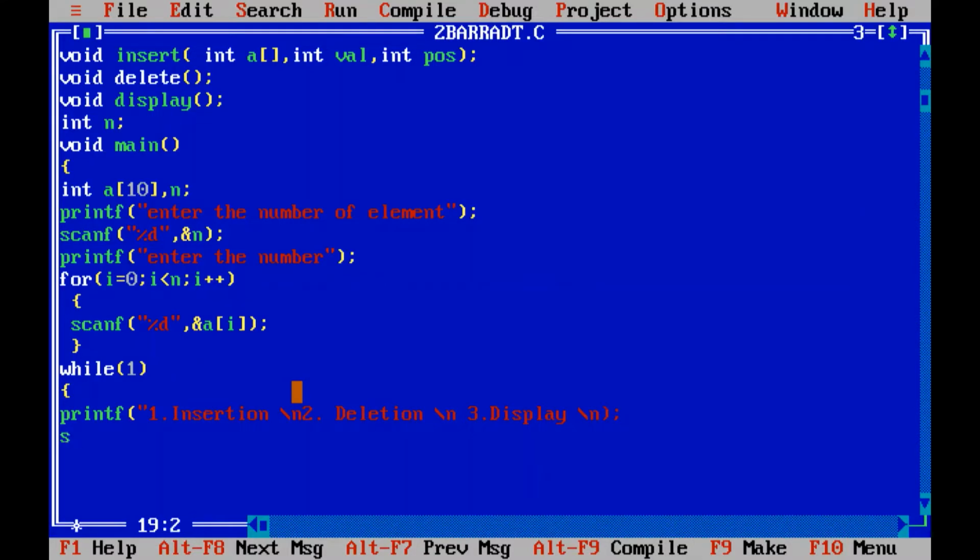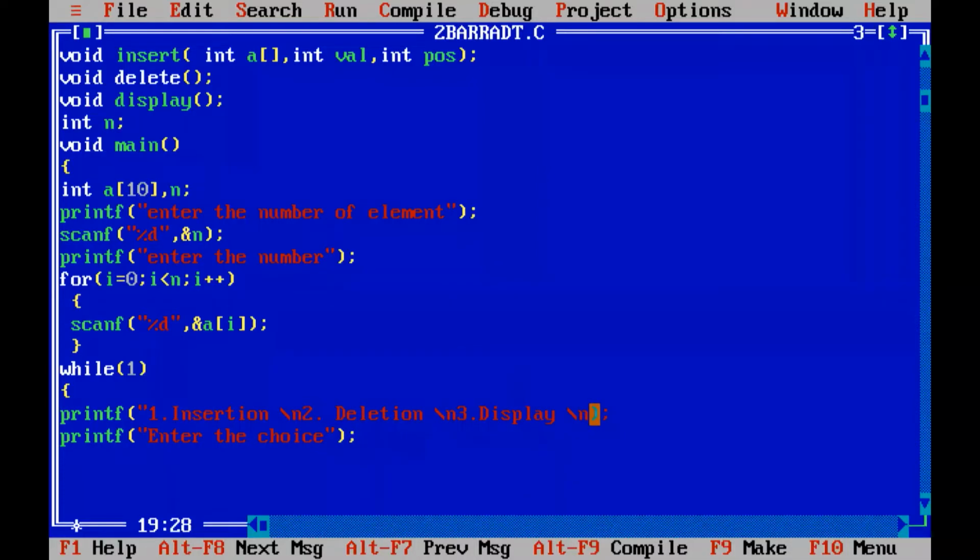So we will ask the user to enter the choice. So this will be showing the menu: 1 insert. I gave a new line so that from 2 onwards it will be printed in the next line. I gave a new line so that from 3 onwards it will be printed on the next line. Got it? So this will be displaying the menu. After that, the next line will be enter the choice.